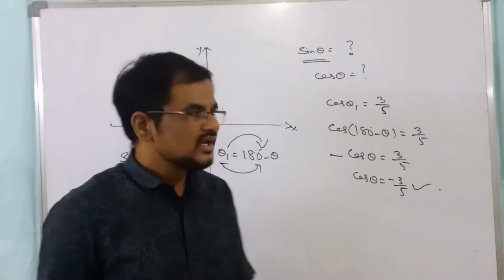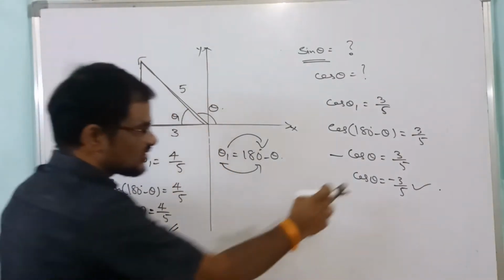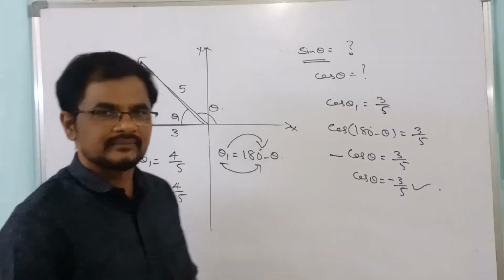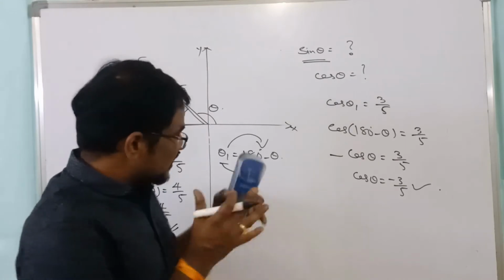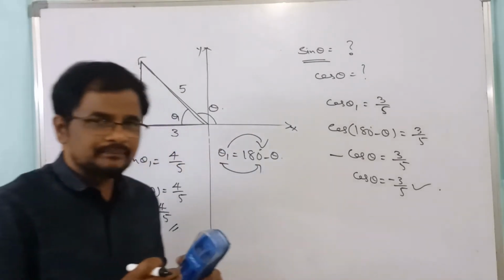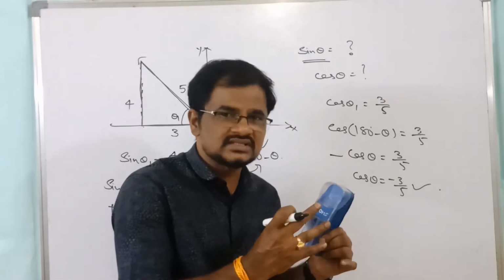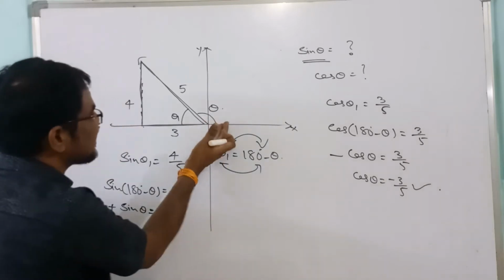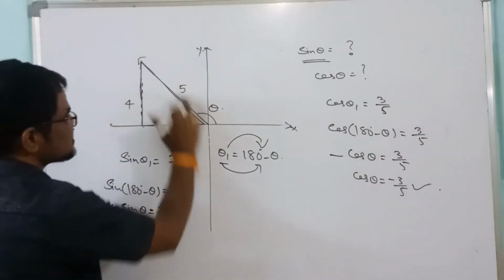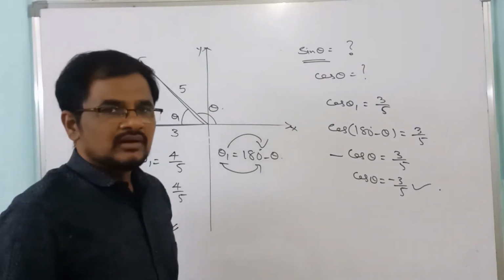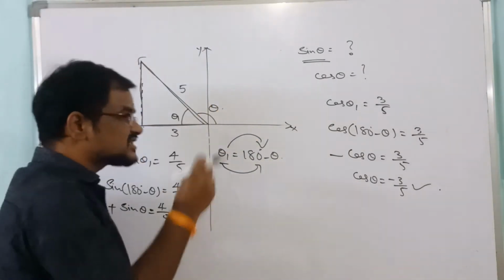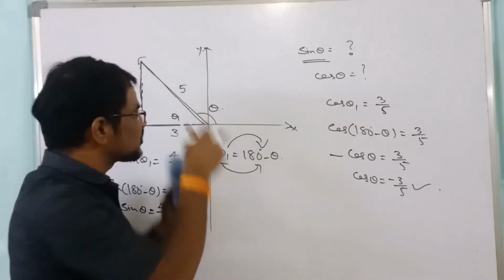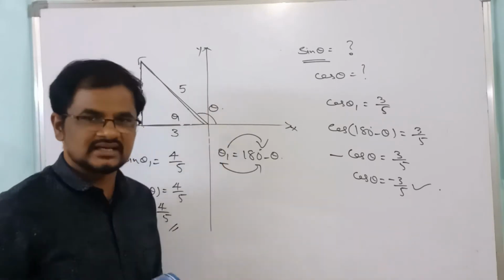Satisfied or not? Once you see, the angle lies in second quadrant. In second quadrant cos is negative, so that's why we get a negative value. In second quadrant sine is positive, so that's why we get a positive value. Right? So what I am going to clear is, what is the concept behind this type of problems? Directly I can take for this one opposite side and adjacent side, and this is hypotenuse. But how to take that one? So what is the usage of theta 1 here in this particular situation? That one we are going to discuss, right?